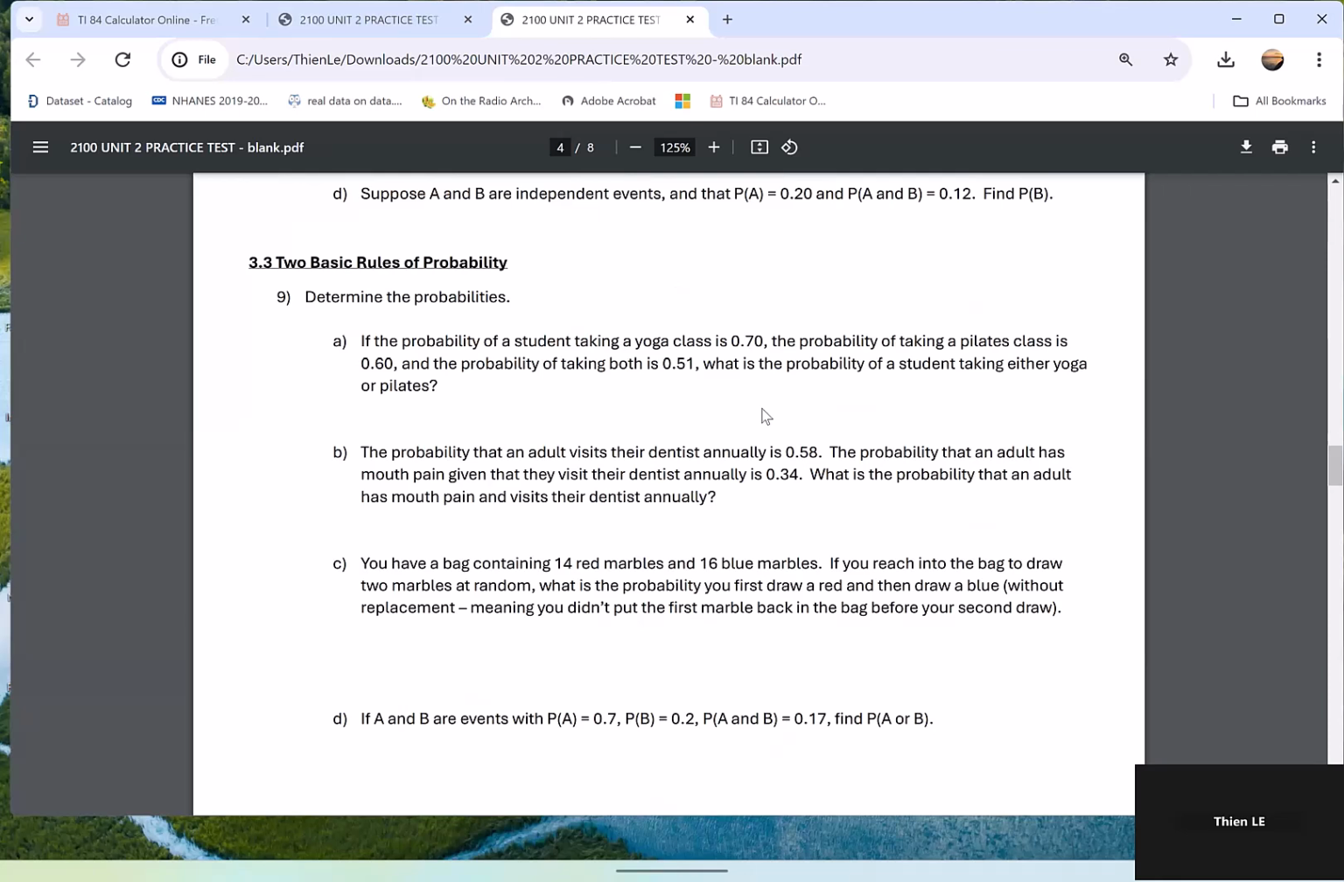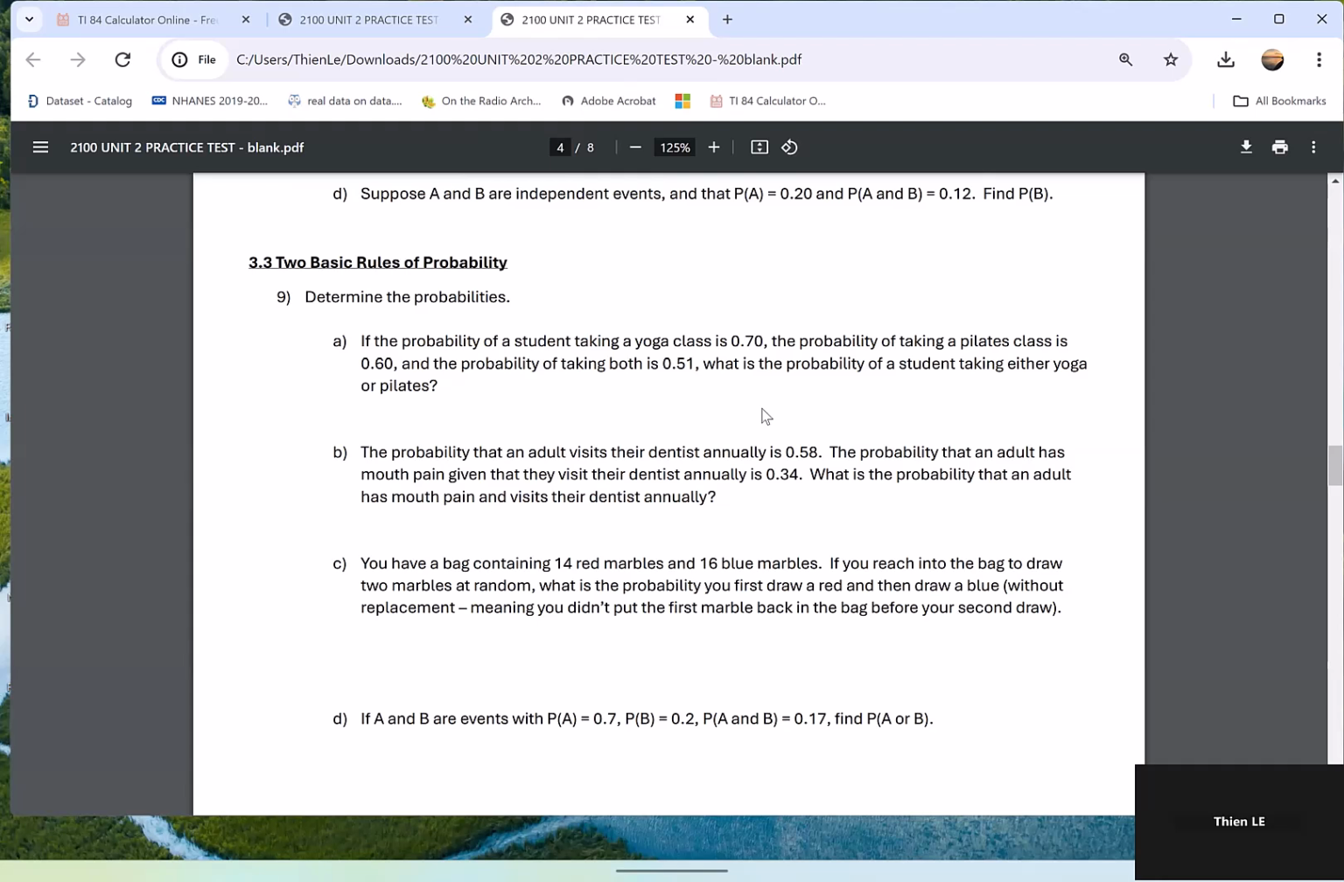You have a bag containing 14 red marbles and 16 blue marbles. If you reach into the bag to draw two marbles at random, what is the probability you first draw red and then draw blue without replacement? Which means in this case you don't put it back. So basically it's a sequence of two events: A, you draw the red first, and B, the second draw you get the